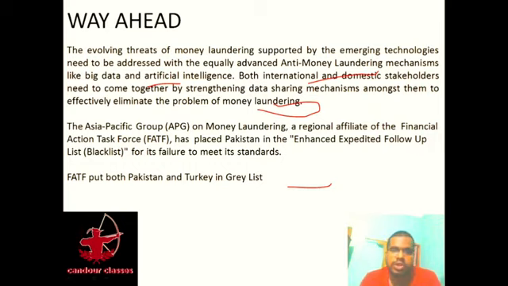And the Asia Pacific Group (APG) on money laundering is a regional affiliate of the international body. Okay, it has placed Pakistan on the enhanced expedited follow-up list, that is the blacklist, for its future measures. This Asia Pacific Group, a regional affiliate, put Pakistan on the blacklist. Okay, now and FATF put it in